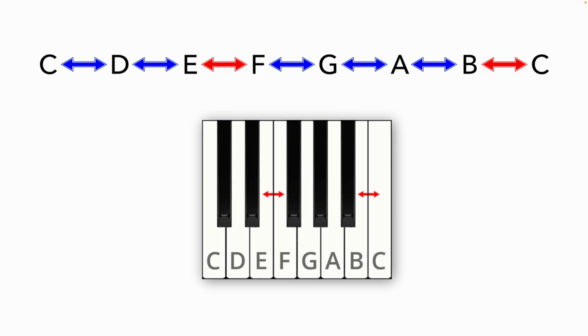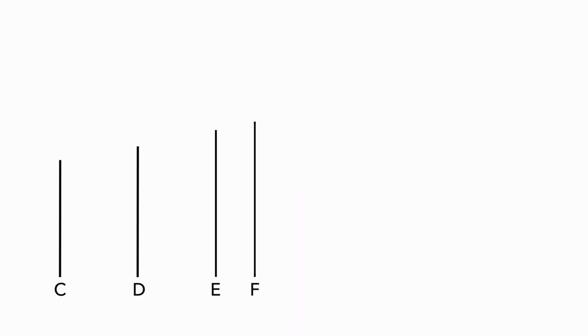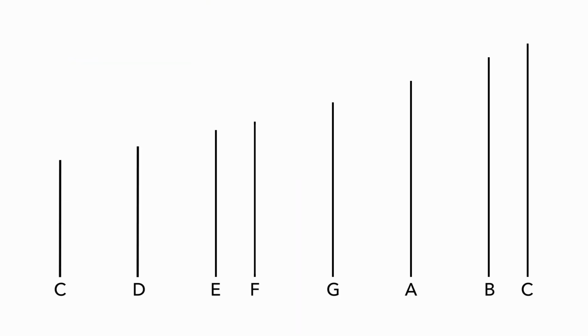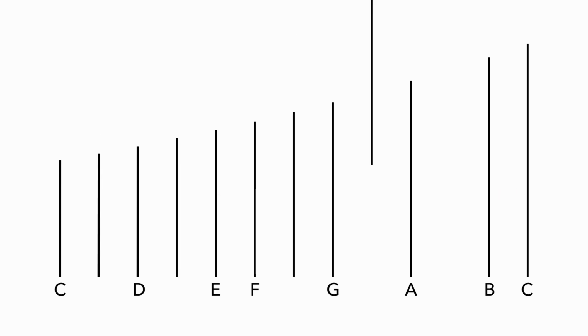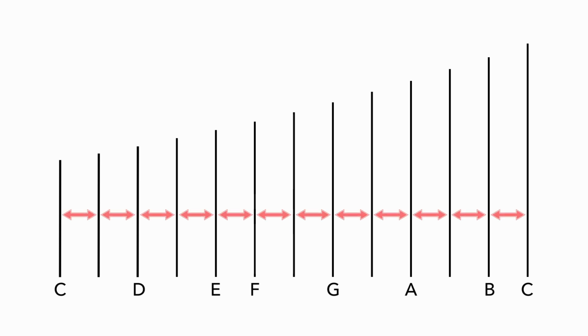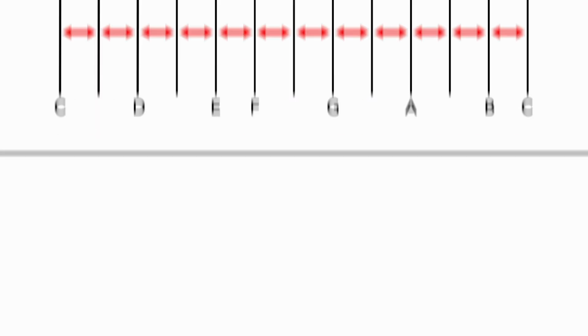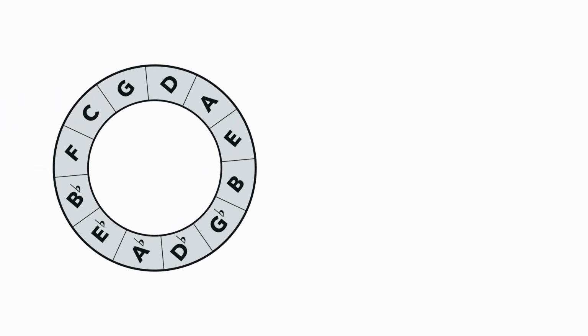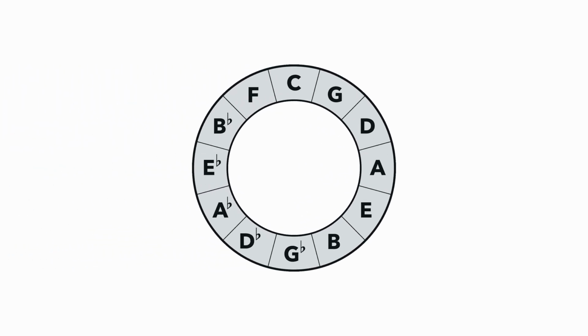Now, we can also make sense of this by looking at the relationship between the frequencies of our diatonic scale. As we can see, the 2 semitones are much closer together than the other notes of the scale. By adding 5 tones, or black keys, in the larger gaps, we create an evenly spaced harmonic system of 12 notes. We can find one last way to look at this in our circle of fifths.